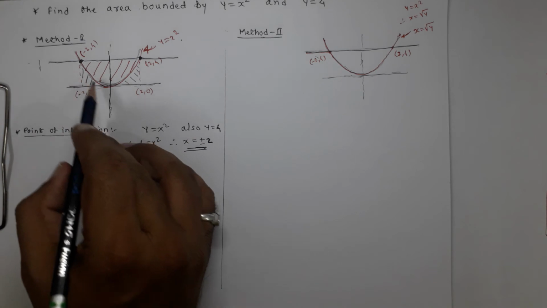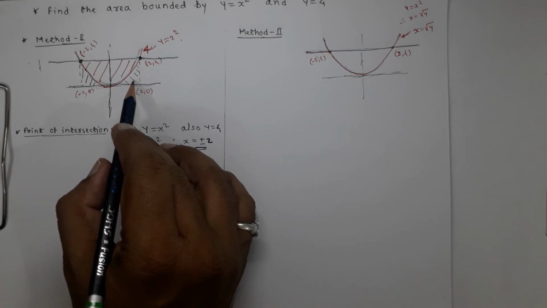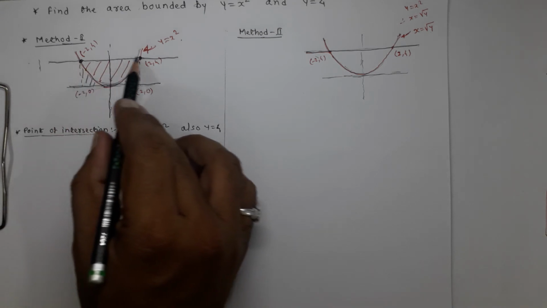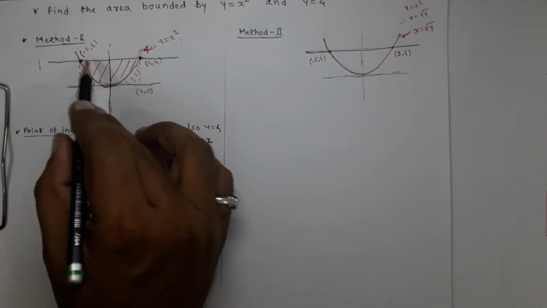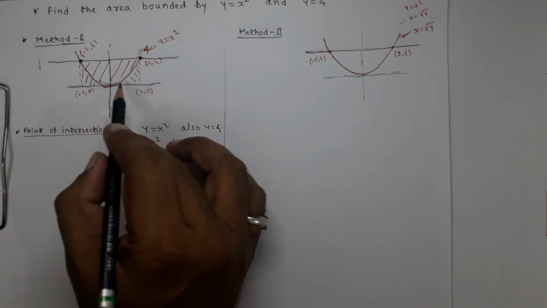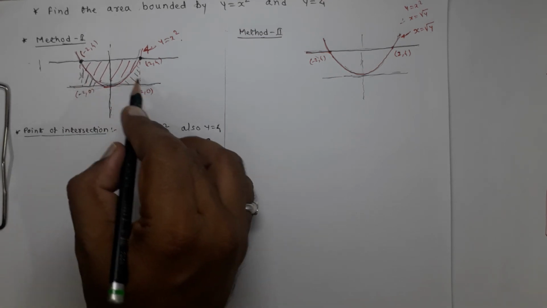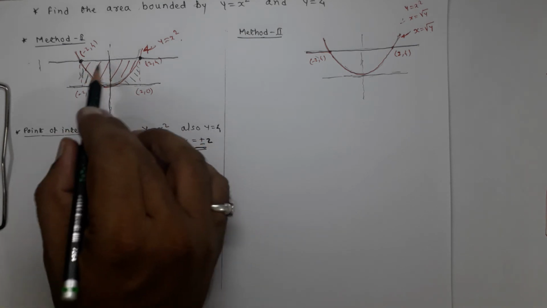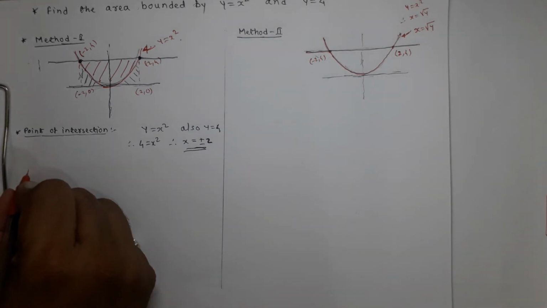So area below the curve and between the x-axis, area under the curve and x-axis, as well as I will get this entire area, that is the area bounded by this straight line and the x-axis, means this entire area of this rectangle I am getting. So if I get the area of this rectangle and if I subtract this shaded area, which I have shown by means of these inclined lines, then this total area minus area under the curve will give me the area bounded by this, and I can write it like this: area required.